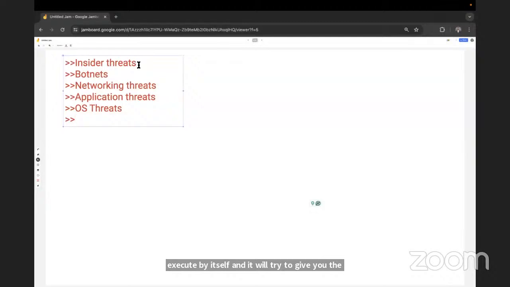Now, what are networking threats? Networking threats are nothing but either you can go for information gathering, so you can go for sniffing. Sniffing is nothing but you try to steal the information which is being transmitted from one IP address to another IP address. For example, if you go for WhatsApp, if you're sending a message to someone,